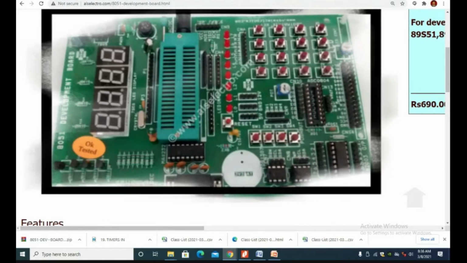When we turn this potentiometer, the analog input will vary, so the analog to digital converted output will vary. Then we can use the 7-segment display to display the converted value. Or we can use these LEDs to display the hexadecimal value from 00 to FF, because there are 8 LEDs for 8 bits. Or on the right hand side, you can connect an LCD to display the converted value or analog input value.